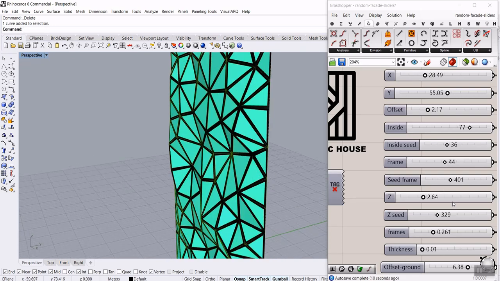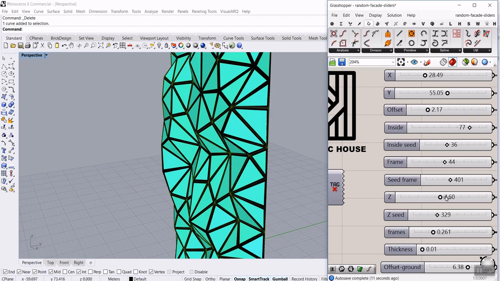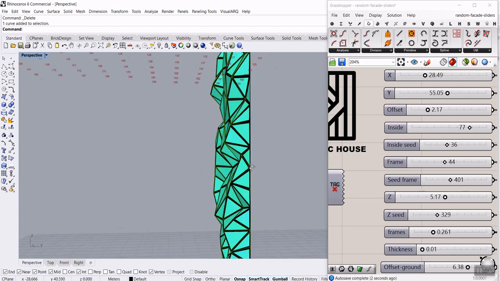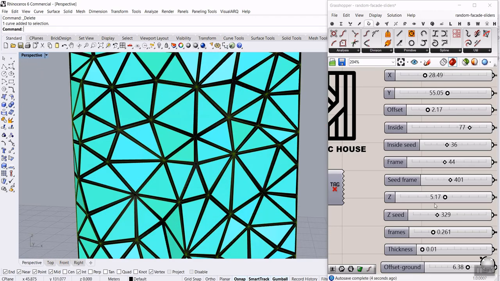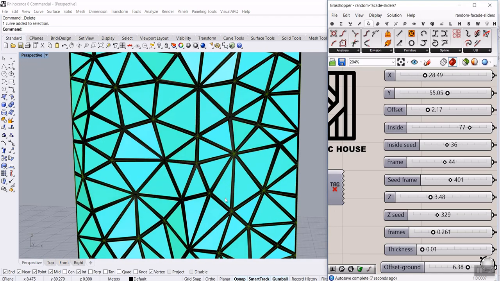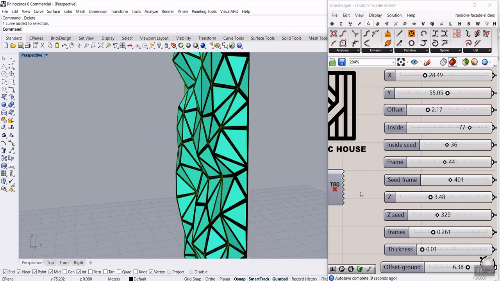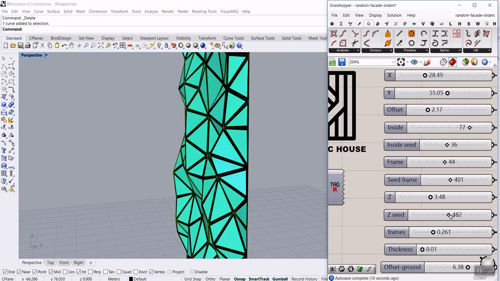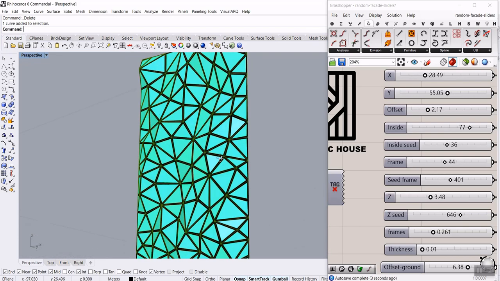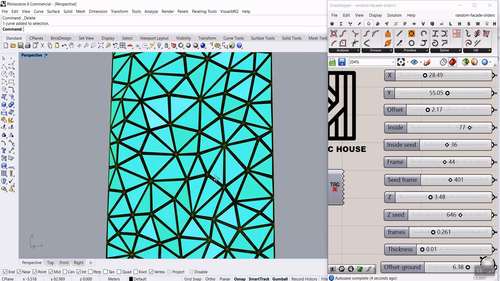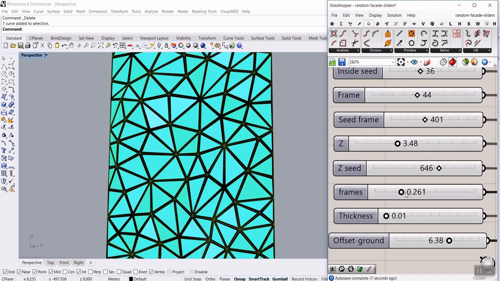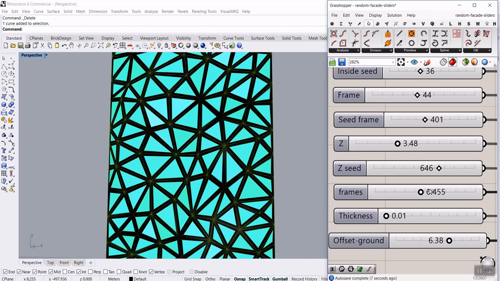You can see that if I change this, we can get and control the z direction of the mesh, which I will explain. And also you can see that we can produce different random results by changing the seed and make the facade completely random. Then we have to control the frames, which you can see that I can change here and produce different